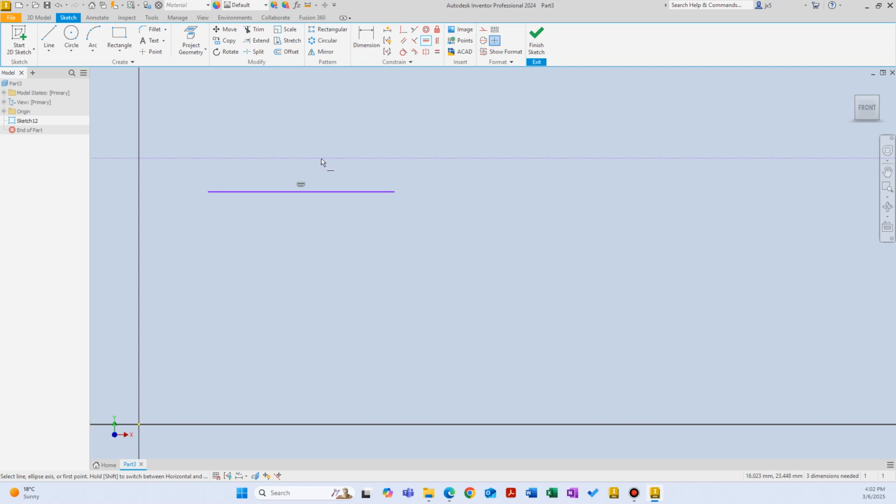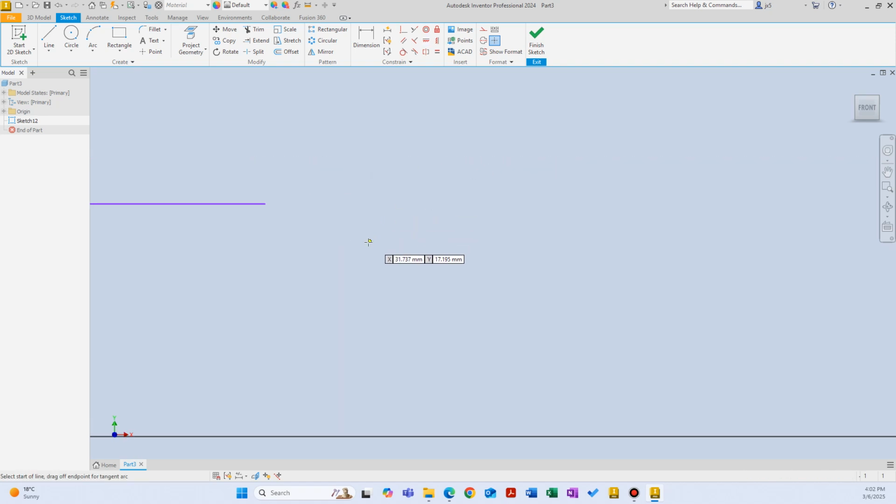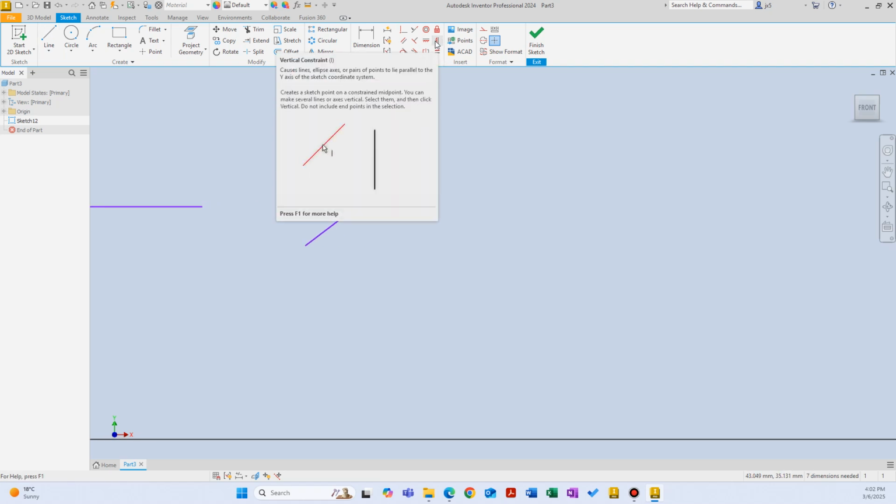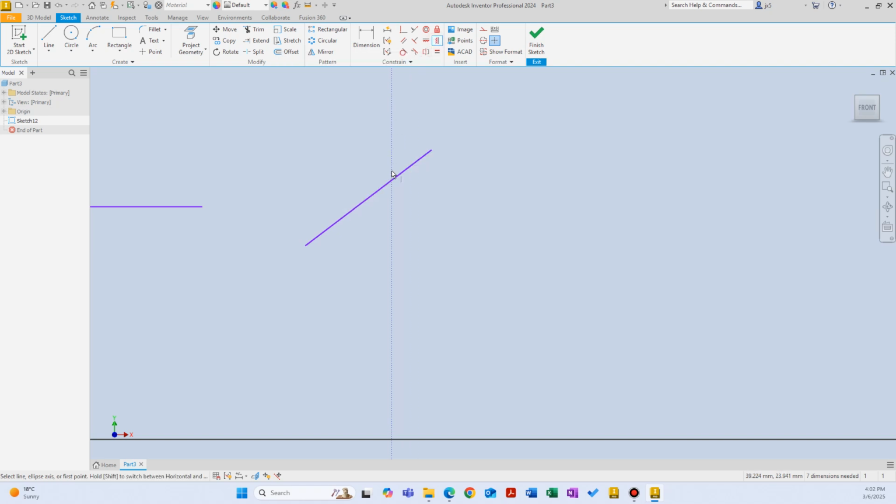To get out of this command, again, I can hit escape on my keyboard, or I can right click and select OK. So let's create another line. Click OK, escape that command, and let's constrain this vertically this time. Vertical constraint, again, you see a similar preview of this. Select that, select this, and now it is